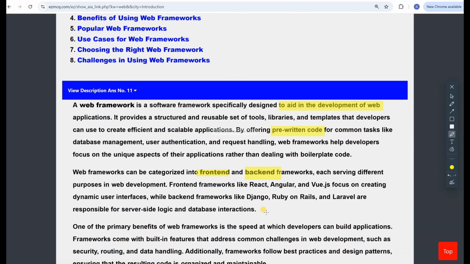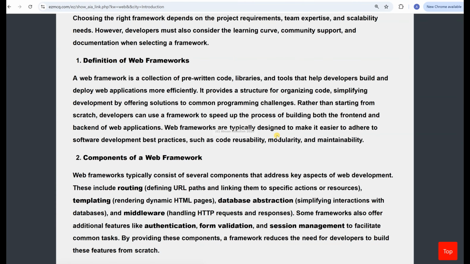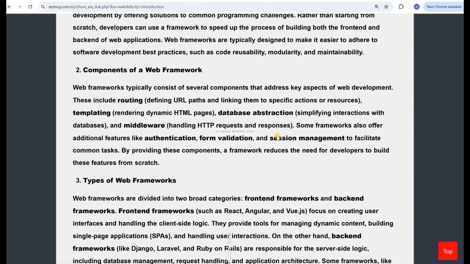So what they do is they speed up the developers' work in building applications. How and why does it get sped up? Because it comes with pre-coded features, and those features are there which are required, right? And so that's there. So in the definition of a web framework, they consist of several components,